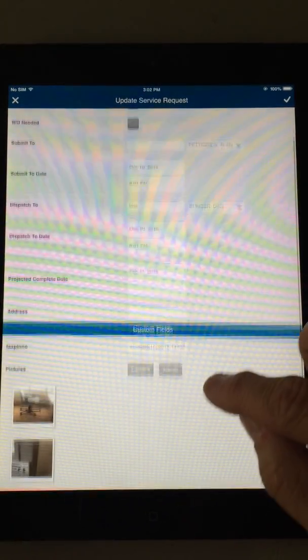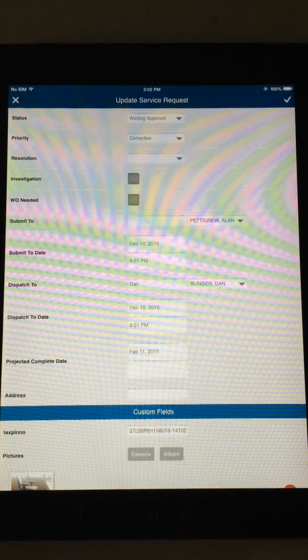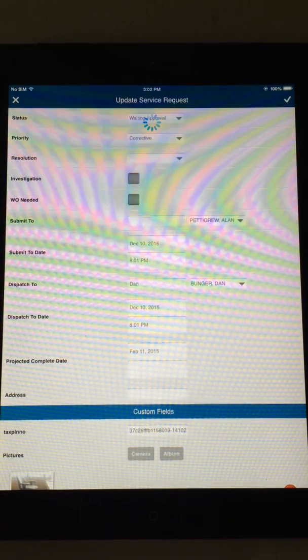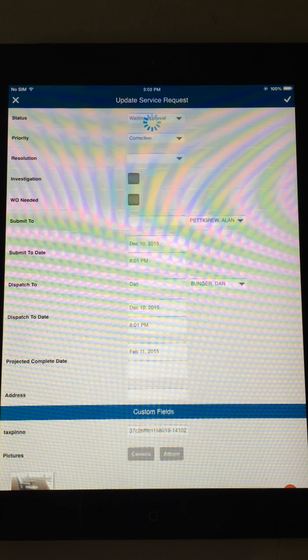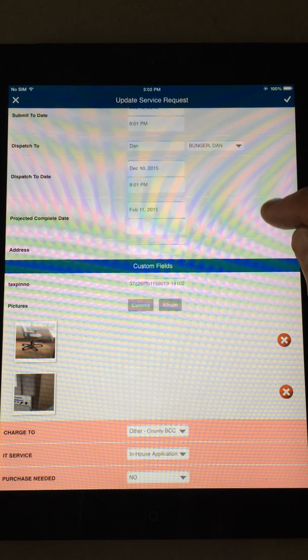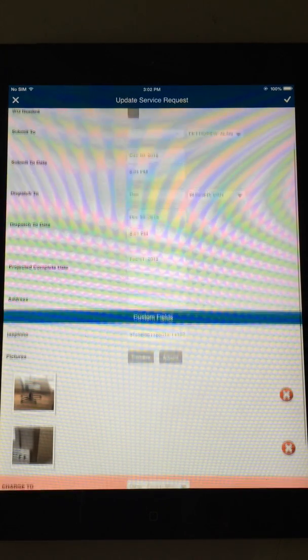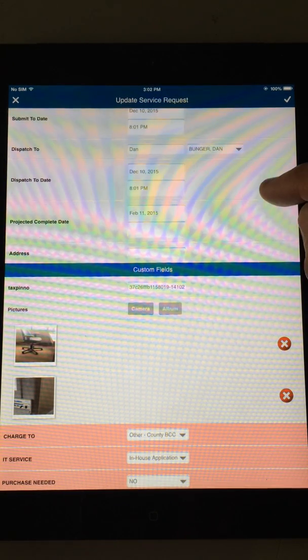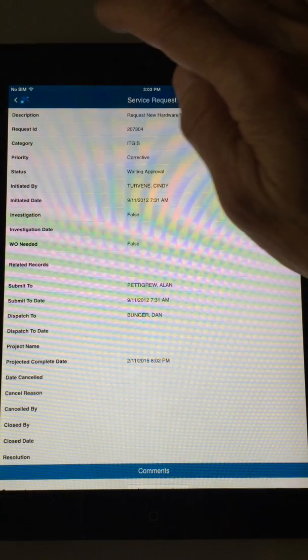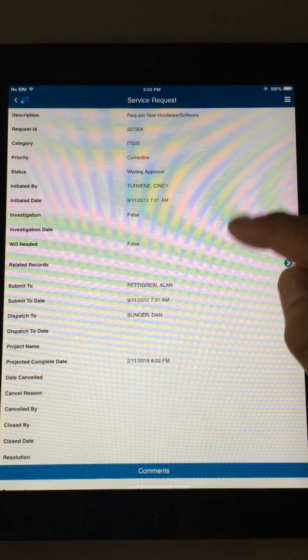Okay, so very easy. Keep going down and get this to where I want it. Hit the save. That's the check mark up here, okay? And we'll save our work. Our service request is then saved. Okay? We can go into this also, and we can say, hey, I want to, now that it's saved with my changes,